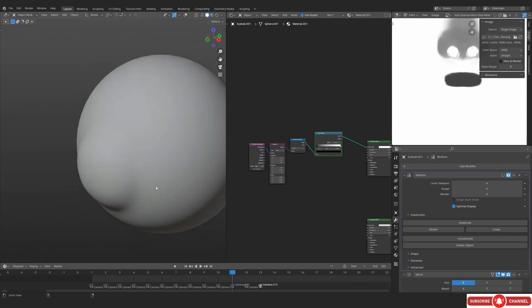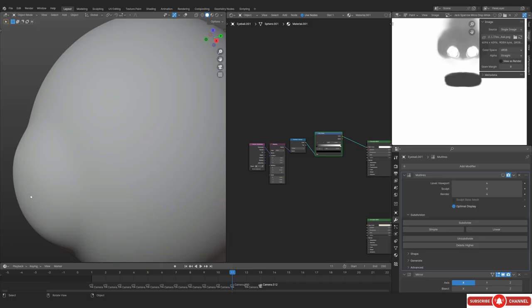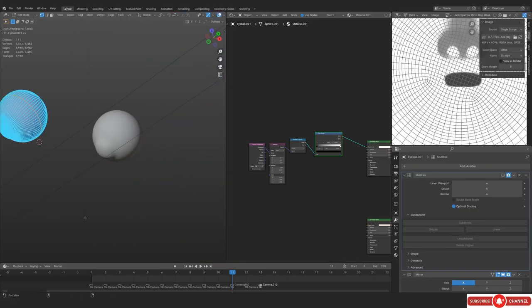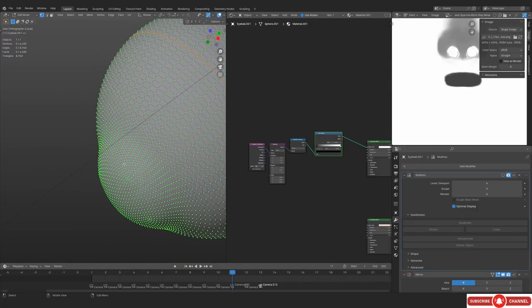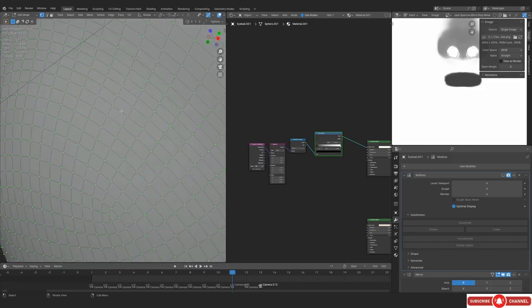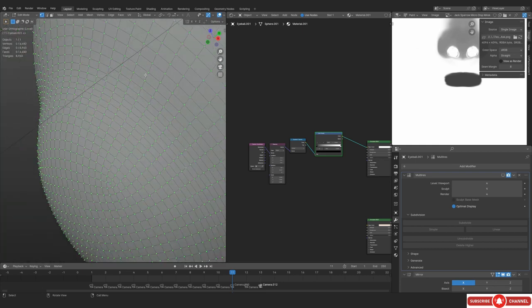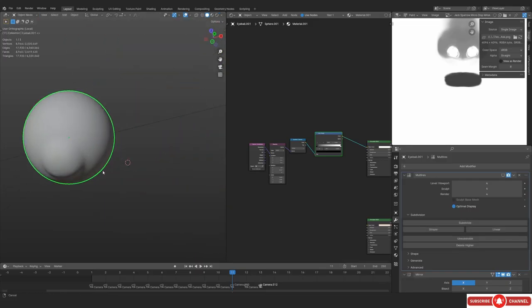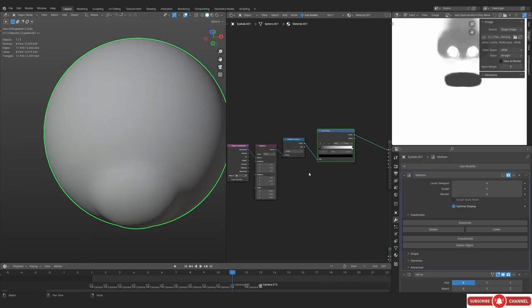But before we do any of that, we kind of have to create a shader. I think I've already shown you this when we were doing the eyeball modeling, but let me just show it to you again. You can see this is basically the topology. As you can see, we are on the 4th multi-resolution modifier, which is a bit overkill. But the idea is to apply the multi-resolution modifier because we are going to be using the same techniques for the painting that we used for the painting of the face.